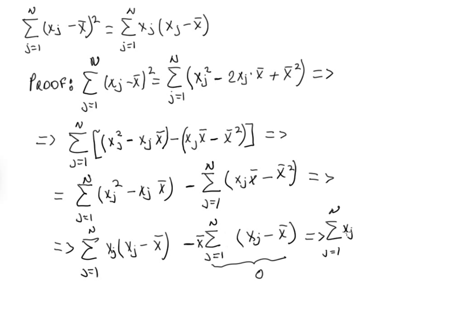xj, we cannot take this outside the bracket because it has a j index, so it has to stay inside the brackets, inside the summation operator. So x bar times, since this whole thing is 0, this is 0. Now we have proved that